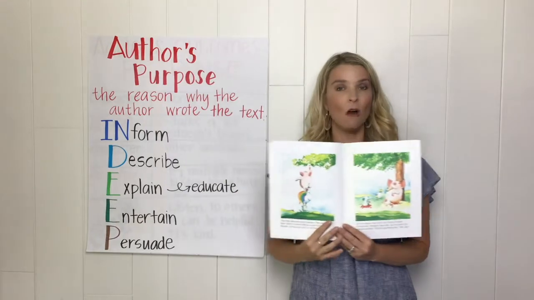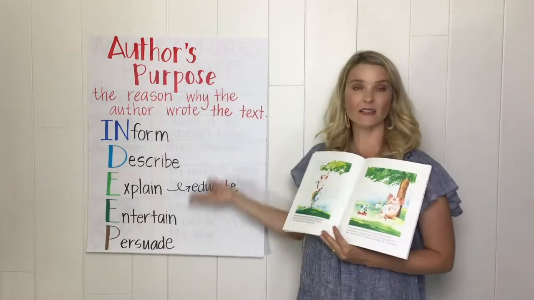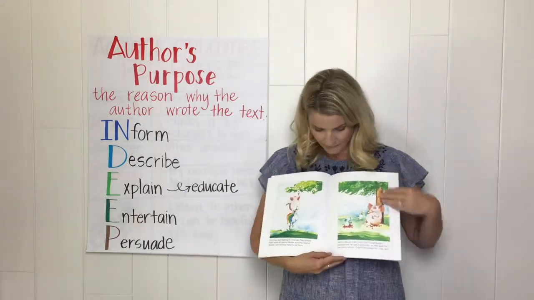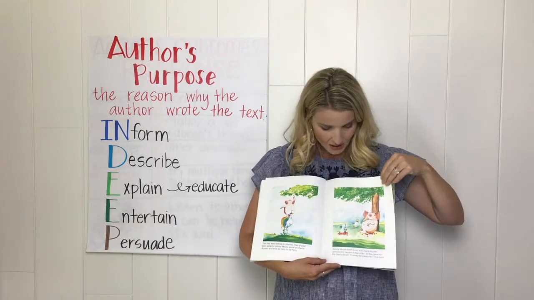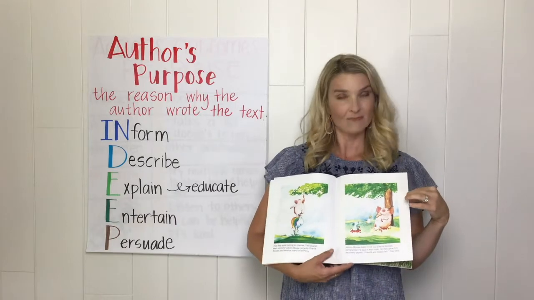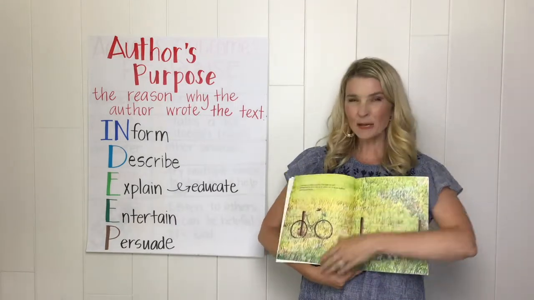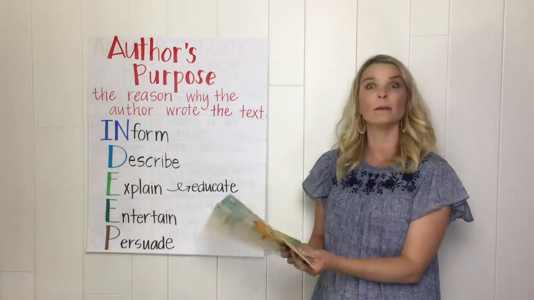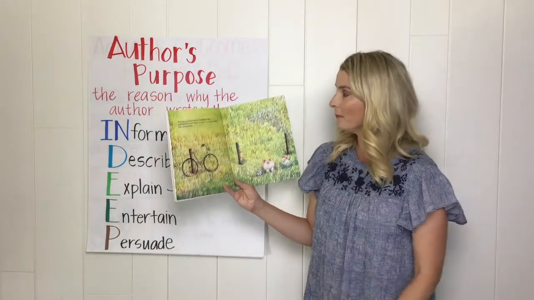So far, can you already start to see a purpose of our story? I'm hearing that they always say phrases, like friends are always. Does that give us a clue? Anytime an author repeats themselves, it's probably something they really want you to hear.